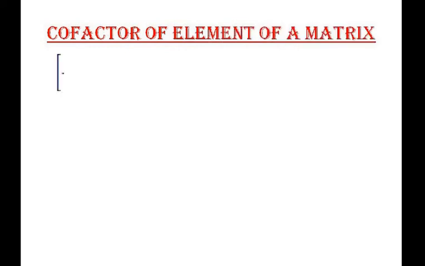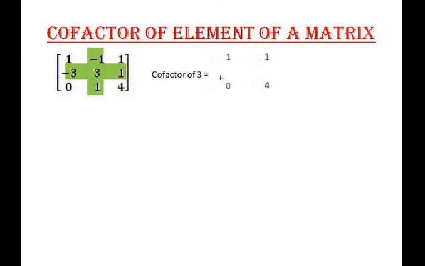Now we are going to learn how to find the cofactor of a matrix. Here also you take the same 3 by 3 matrix. So cofactor of 3. Cofactor of 3 depends on the same as the minor, but it additionally gets a plus or minus symbol. 3 is located at second row, second column. Second row, second column, total is 4. So it is an even number, so it gets plus. The same way we find the minor.